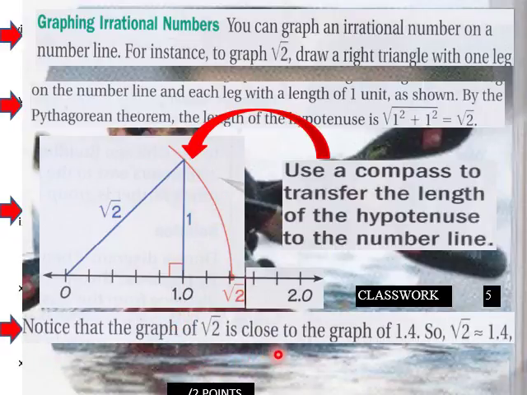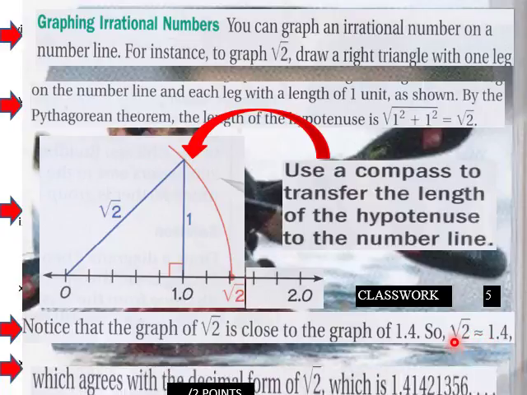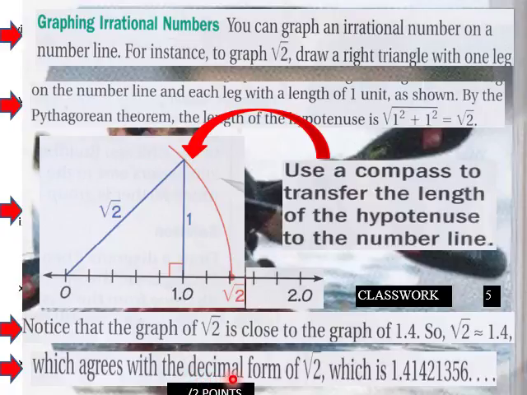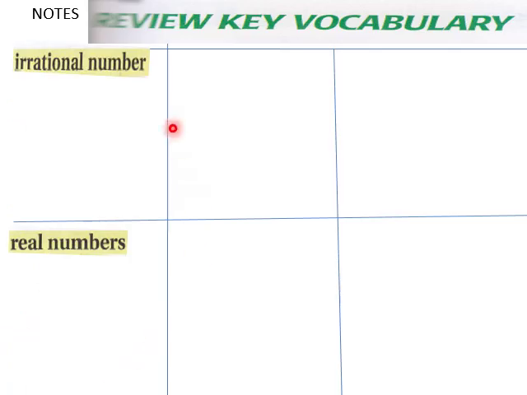Notice the graph of square root of 2 is close to 1.4, so square root of 2 is approximately 1.4, which agrees with the decimal form of square root of 2, which is not repeating. So that's what it is. Okay, students, vocab: irrational number, define that in your own words,